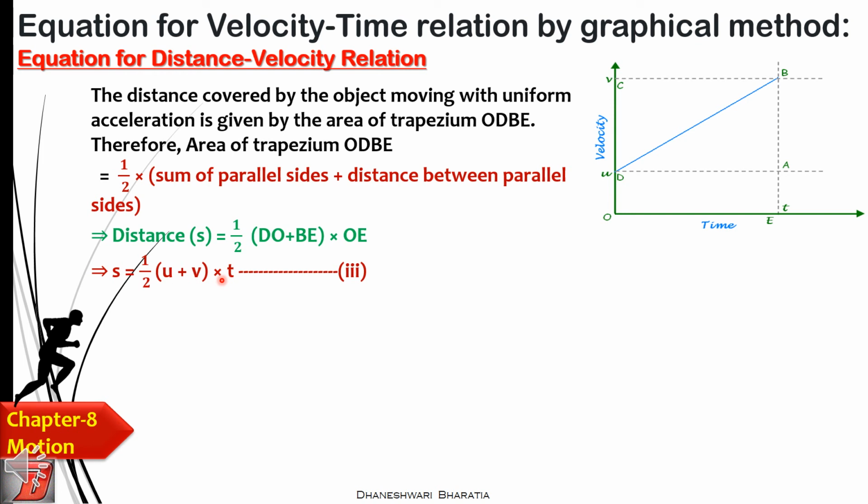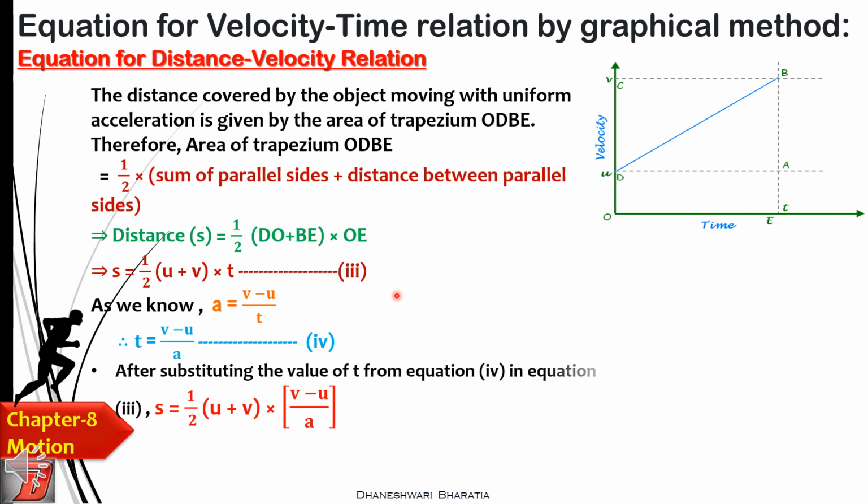Now let's use the formula which we used for acceleration. What is the formula for acceleration? V minus U upon T. Right? So on getting the value of T by using this formula, what do we get? We get T is equal to V minus U upon A. Well, now we have to substitute this value into this equation, right? So what will we get? We will get this, right? Now by using mathematical knowledge, what do we get? 1 upon 2A into V plus U and V minus U.